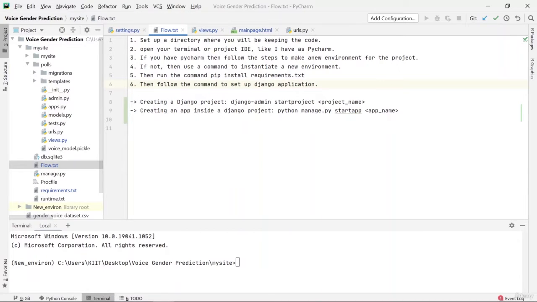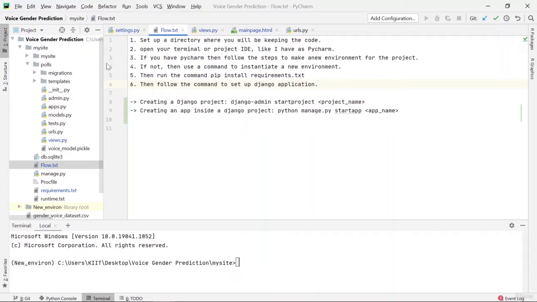Second, in your terminal, or maybe if you have an IDE like I have, open that up, set up the project and build an environment. So you have to build a new environment for this project such that in that environment all the packages and dependencies are stored and used by the Django web application.